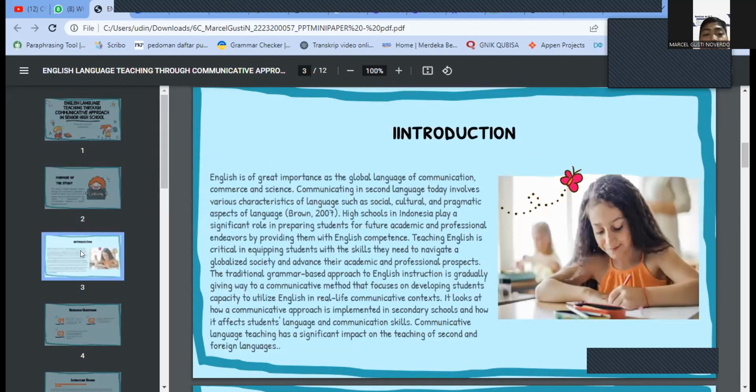Next, introduction. English is of great importance as the global language of communication, commerce, and science. Communicating in a second language today involves various characteristics of language such as social, cultural, and pragmatic aspects of language (Brown, 2007). High schools in Indonesia play a significant role in preparing students for future academic and professional endeavors by providing them with English competence. Teaching English is critical in equipping students with the skills they need to navigate a globalized society and advance their